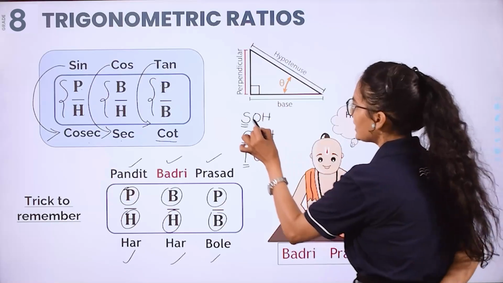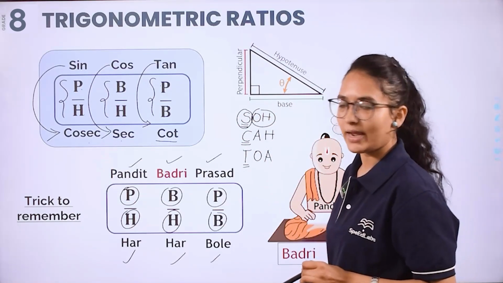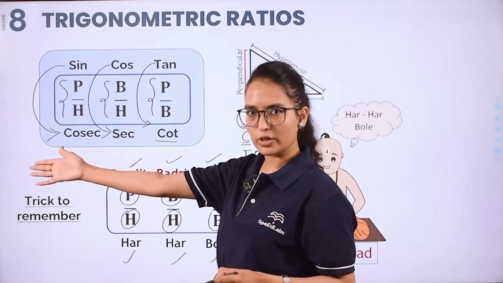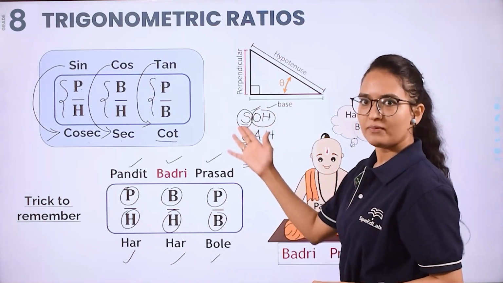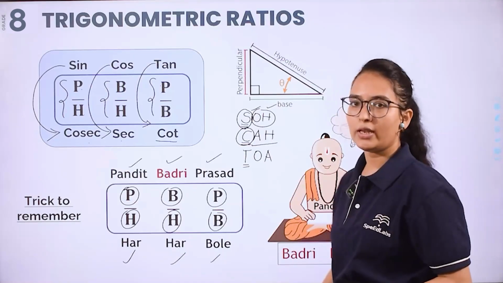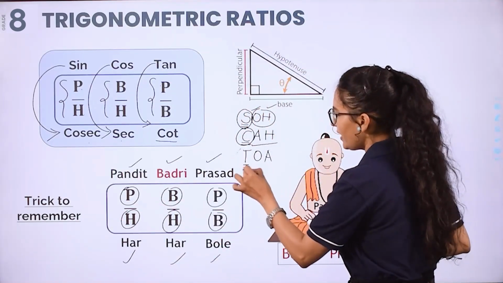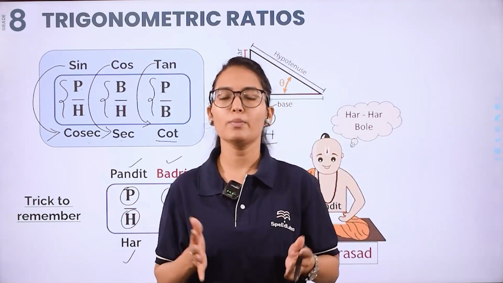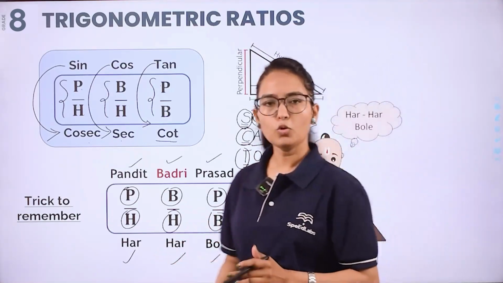So the definition of sine is opposite divided by hypotenuse, right? Opposite side is perpendicular side, perpendicular by hypotenuse, opposite by hypotenuse, right? So this OH is opposite by hypotenuse. So there we go. We get the definition of sine here. For cos, we have adjacent by hypotenuse or base by hypotenuse, same definition. For the tangent, we have opposite by adjacent. Okay, so sometimes this mnemonic is also used to remember the definitions. Whatever you find comfortable with, you can go with that.